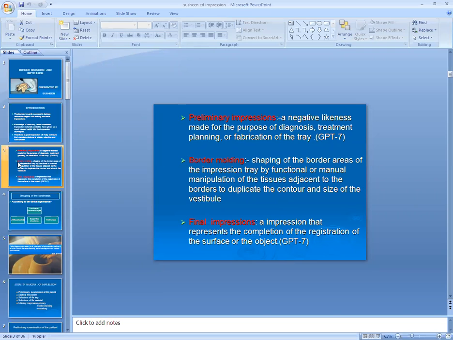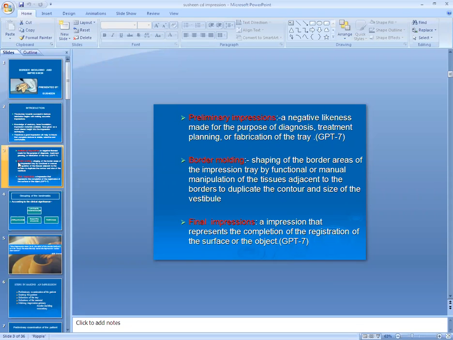After border molding, we remove the spacer to get adequate space for the zinc oxide eugenol impression material, light body impression material, or an alternative impression material. The final impression represents the completeness of registration of the surface. It is just a finish or wash.